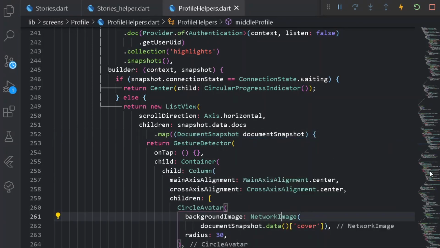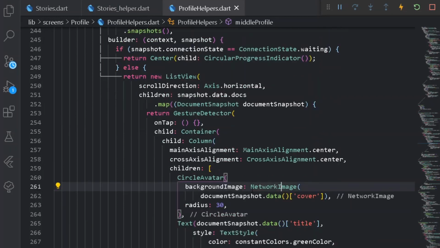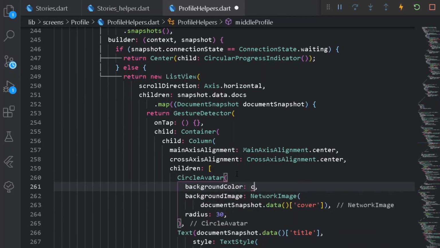So here you can see we are getting our entire story here. So what we can really do is have a background color first. So here let's have a background color for constant colors, and under constant color let's have a dark color. Cool. So once we have done this, let's decrease the radius to 25. Cool. So it is looking more cool now. So in this way we have completed our entire story.